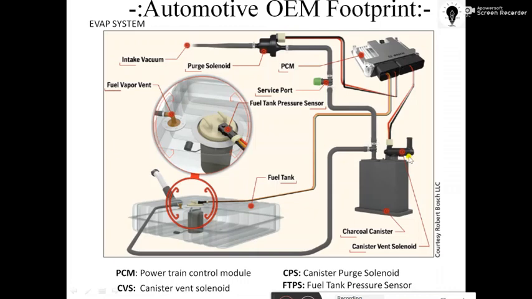Another way is to the atmosphere through a solenoid. This way is opened and closed with the help of the ECU. So sometimes it acts as an air vent, sometimes it gets closed. The opening and closing of this air vent is controlled by the ECU. And this is another way which is going to the inlet manifold through the purge control valve. So this is the charcoal canister, and this tank used here is completely sealed. It does not have an air vent. If an air vent is there, then definitely there is no use of the EVAP system, because through that air vent, the vapor of fuel can escape into the atmosphere. So this is completely sealed.